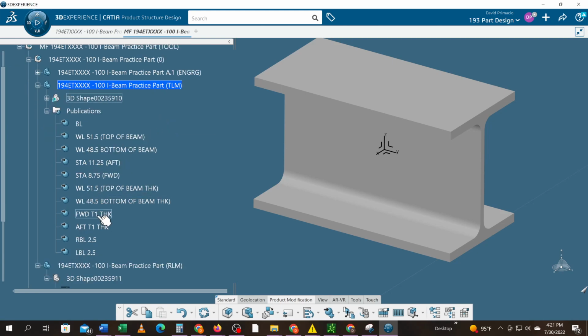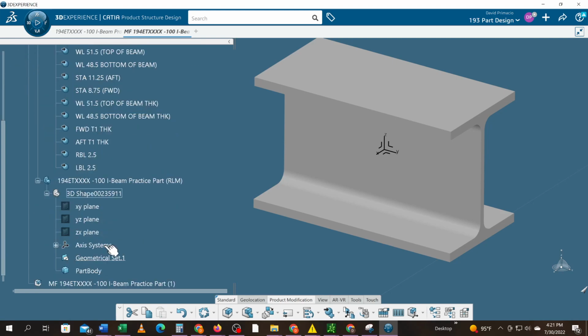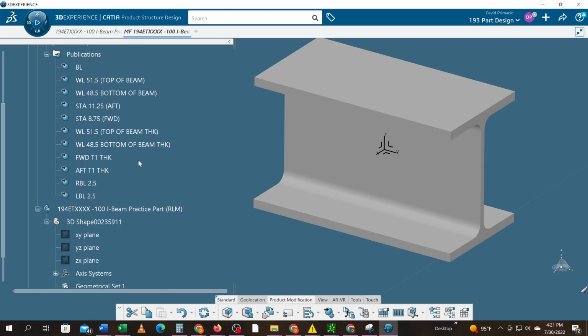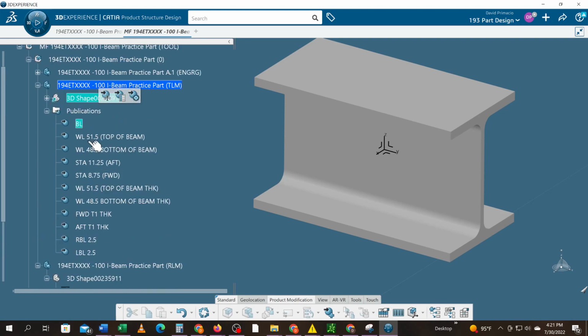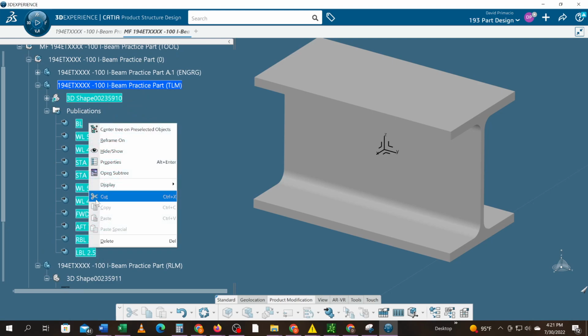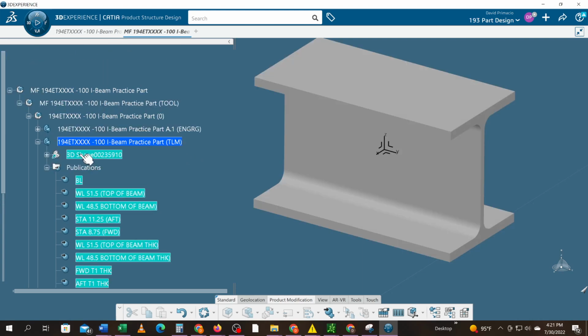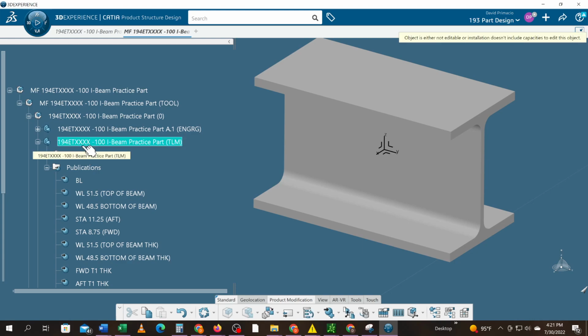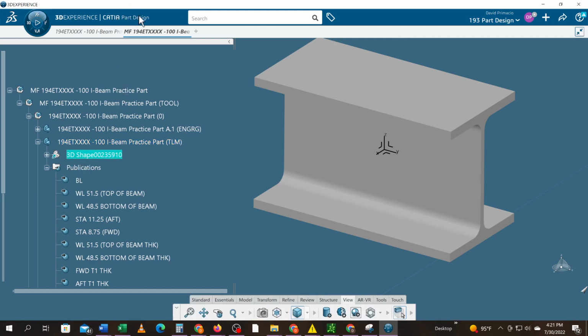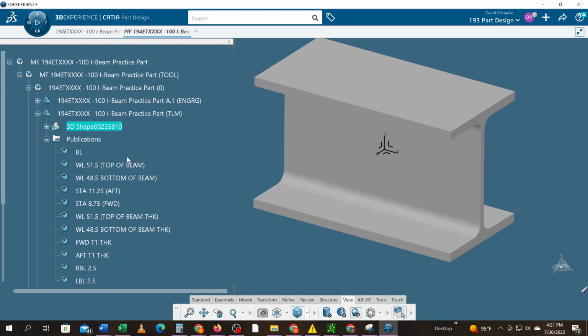And I got to copy these publications and put it in here in this RLM. So I'm going to click on this one, right click, copy, nope. I must not be in this. I'm going to double click on this to make sure I'm in it. Oh, and then, no, I'm going to double click on this to get back to the part design. It says product structure up on top. Now it says part design after double clicking. When you have that double click, you can